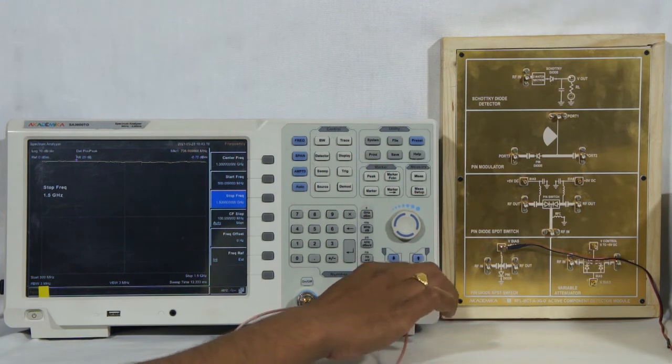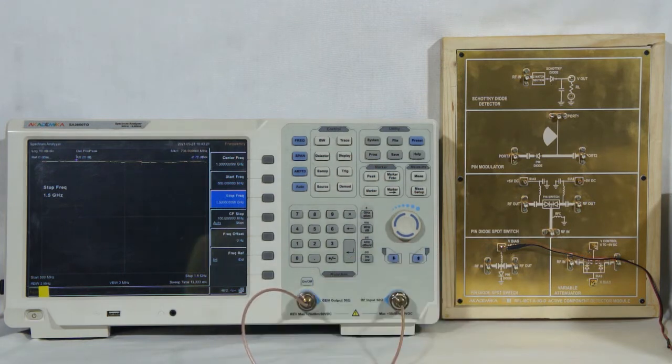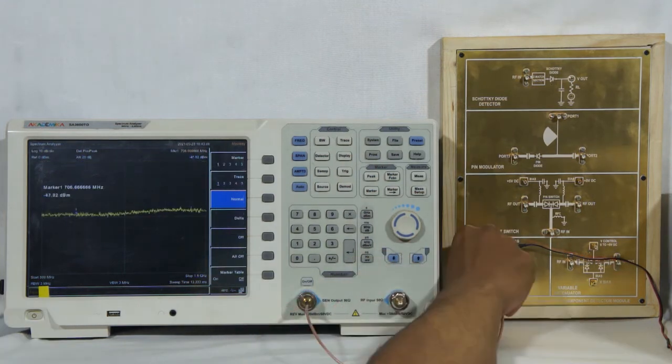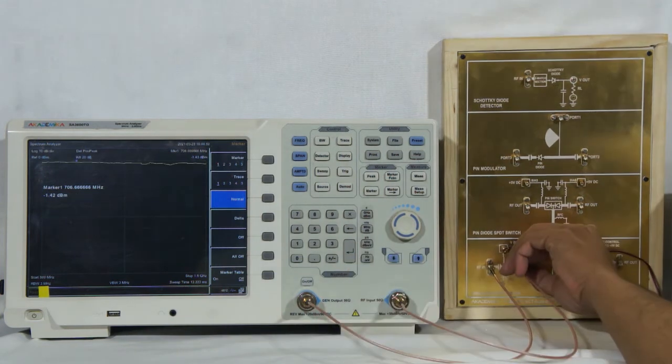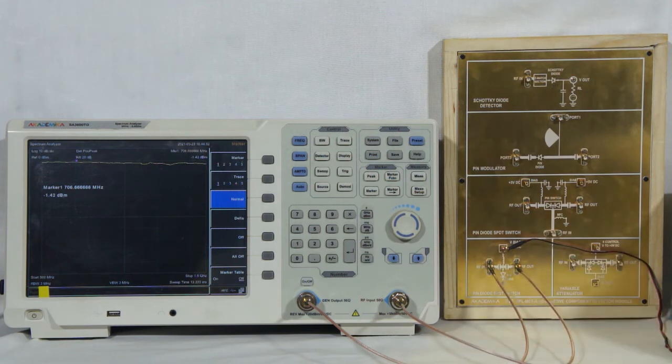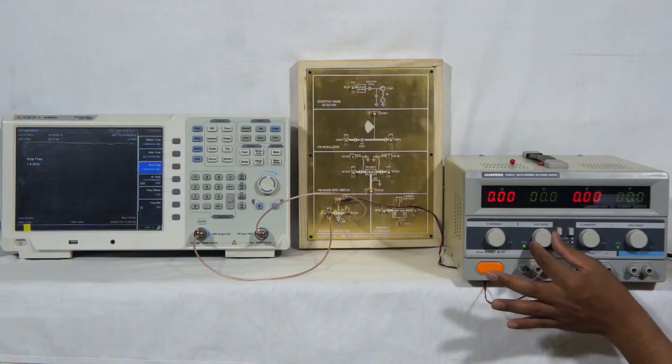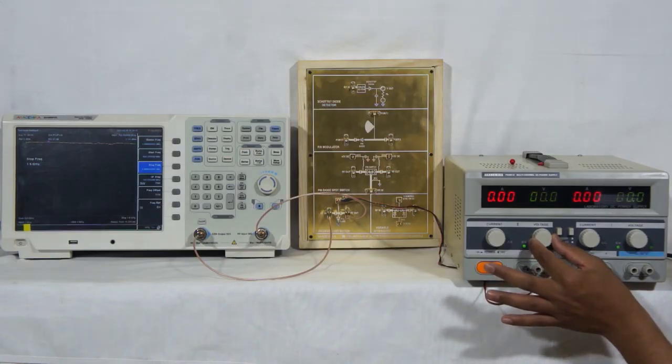Set the TG output of the spectrum analyzer to 0 dBm and apply this as input to the SPST switch. The output of the switch can be seen on the spectrum analyzer. Here, you see that when the V bias voltage is 0 volt, the circuit has very low insertion loss, indicating the circuit is on. Now, as we increase the V bias to 5 volts, the pin diode is on and